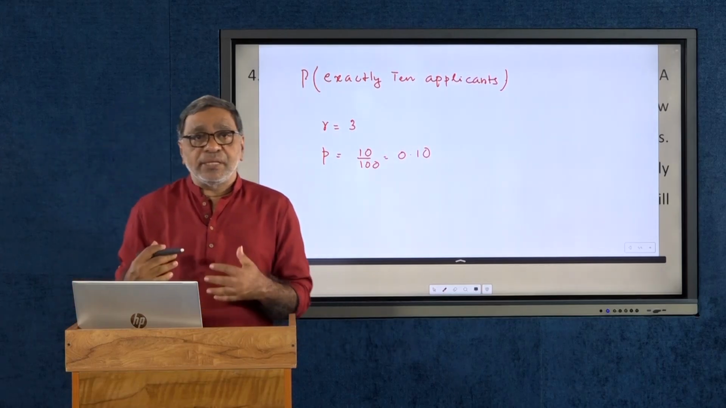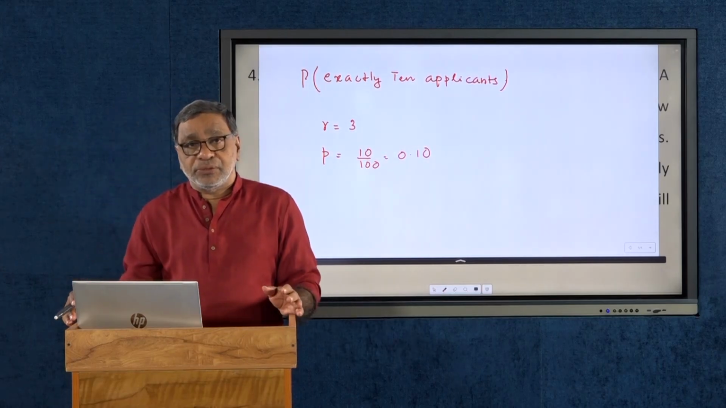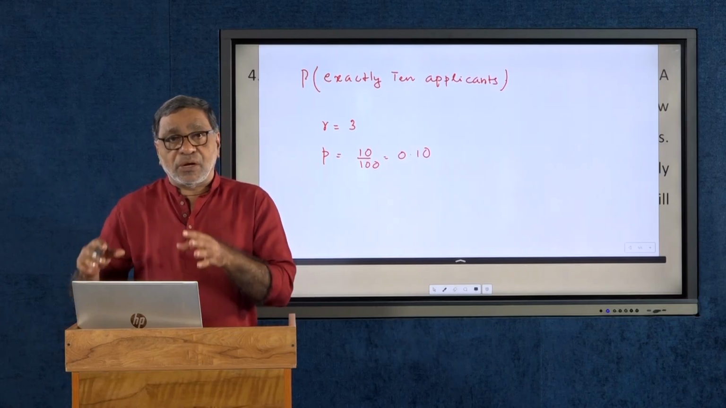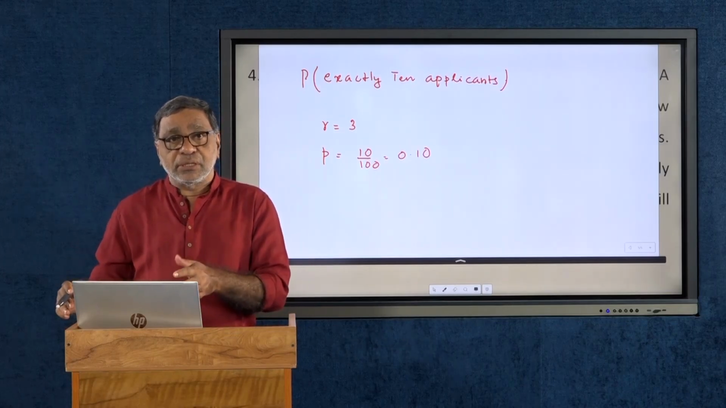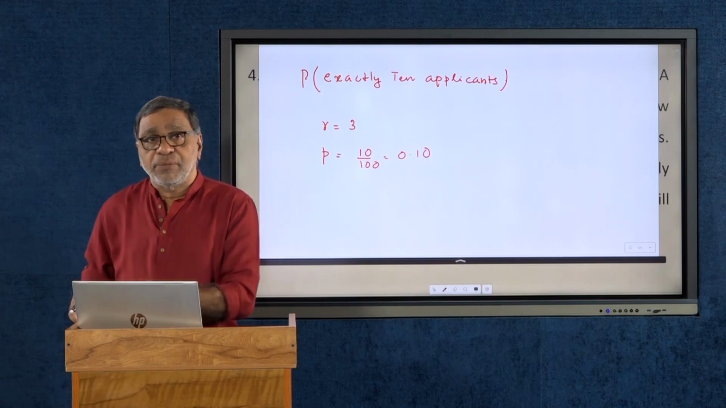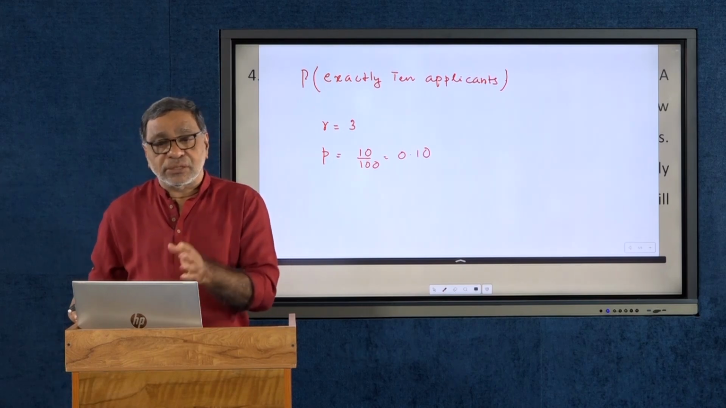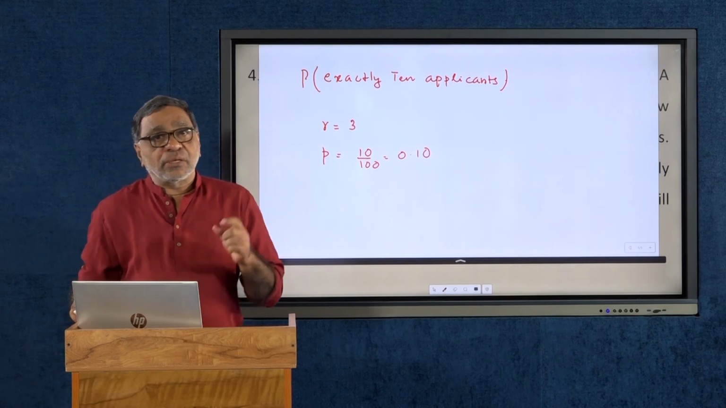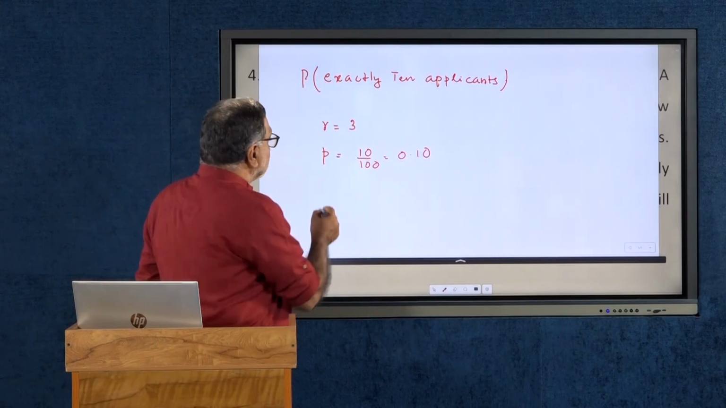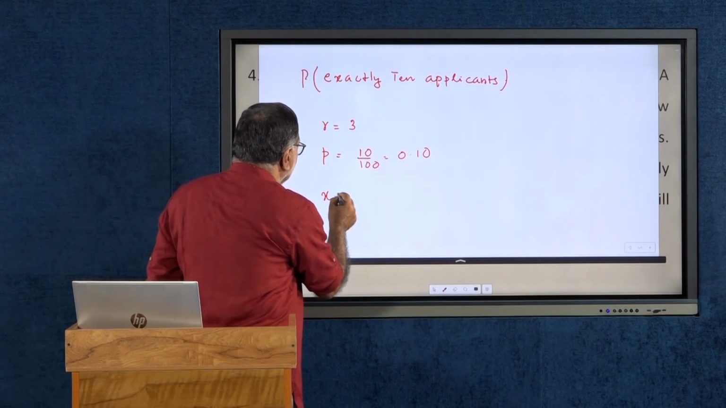Okay. So, P is equal to 10% is given to you, and R is the number of successes, and how many positions are there? 3 positions. The company is interviewing applicants until they fill all 3 positions. So, that is r is equal to 3. And the question is exactly 10 applicants will be interviewed. So, that means we have to